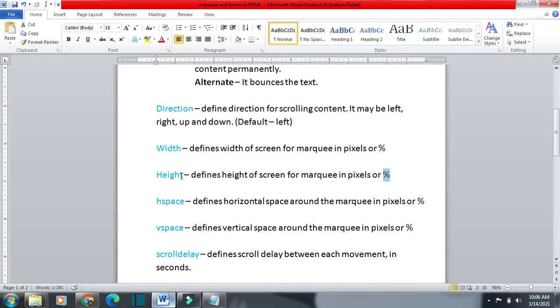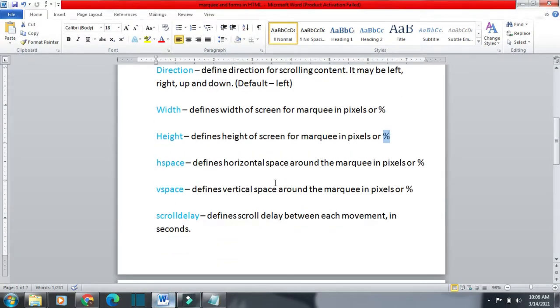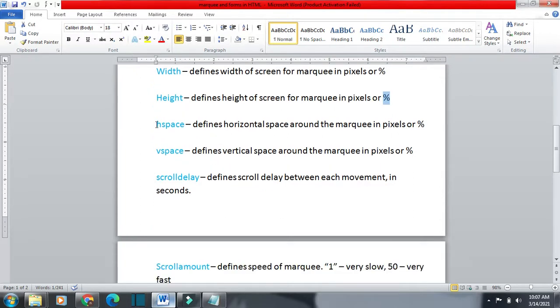You can see it has taken the whole screen. So one more attribute we have discussed, that is height. Both will define how much part of the screen the marquee can take, how much width and how much height. Next is horizontal space or called H space, and one more is V space called vertical space.